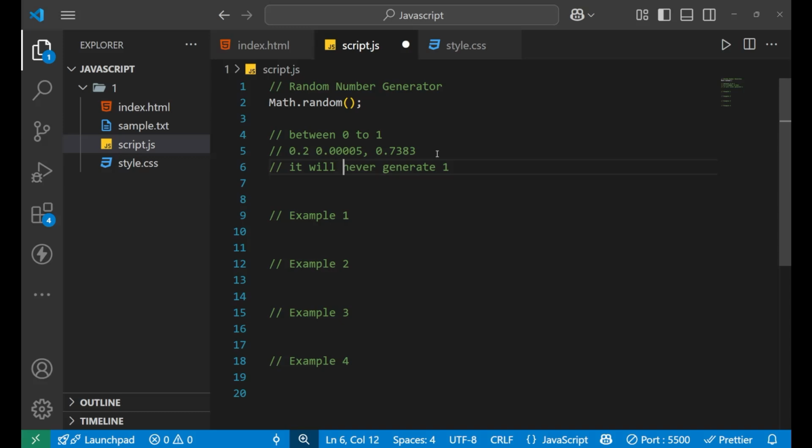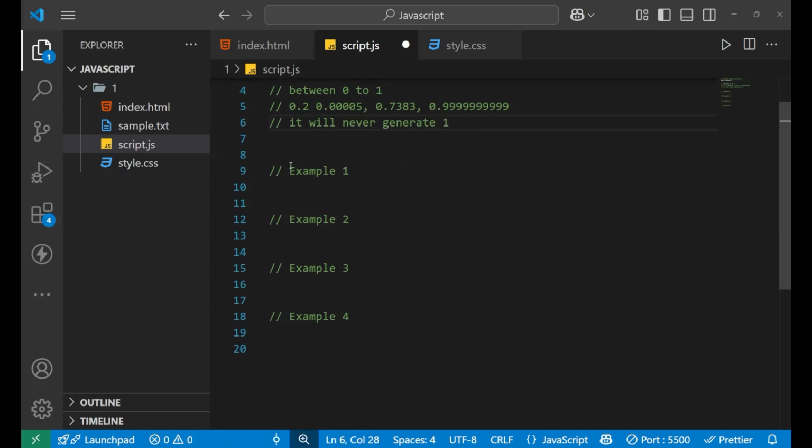It can generate 0, and it can generate 0.9999999, but it can never generate exactly 1, which is the largest value. It cannot generate this one. Fine, so this is the concept regarding Math.random.